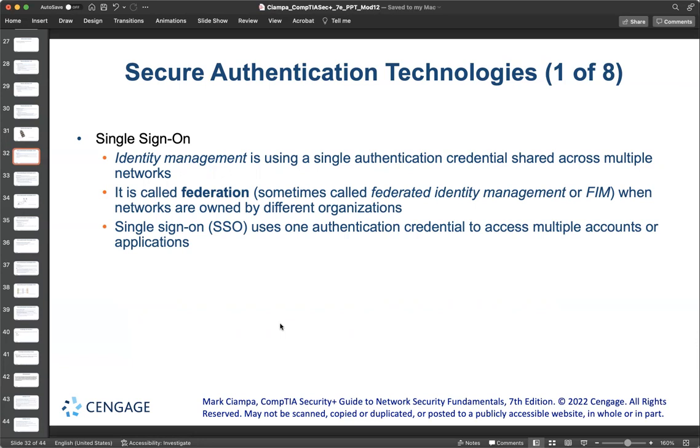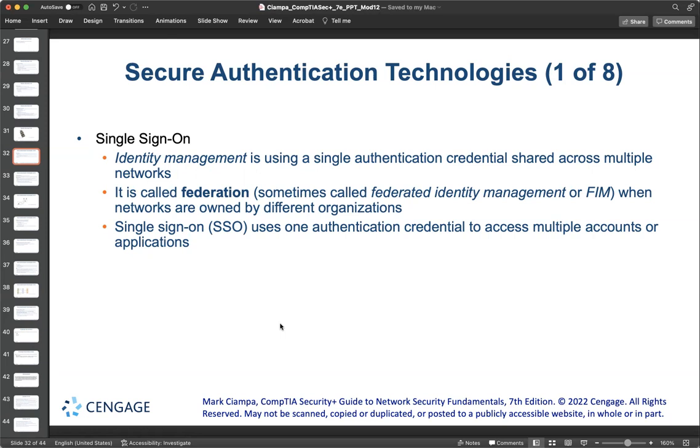When networks are owned by different organizations, you can use federation in order to have only one credential and then go to different networks. Think about that you have on-prem services, right? Which are provided by the physical devices that you have on-prem. And then your company is using multiple SaaS and cloud services as well. So each time that you want to log on to those, if you're on the company computer and you already are logged on, you just need to navigate to that website. And the authentication is going to be sent to them from the Active Directory of your company, and you're going to get authenticated automatically. That's when a federation between that SaaS service and your on-prem system has happened, and that's what the single sign-on is,